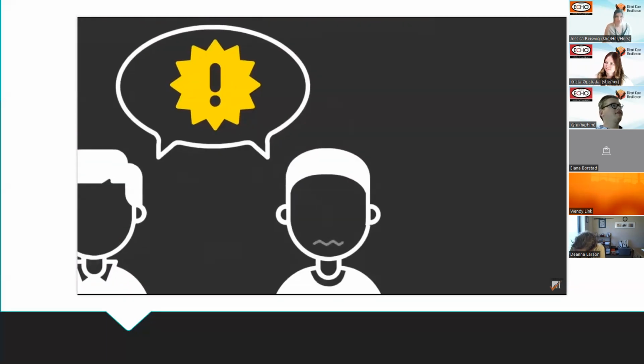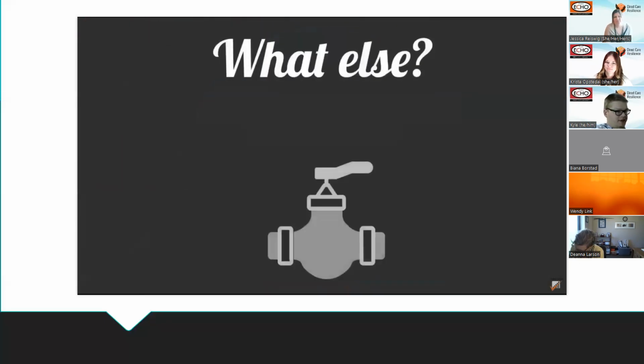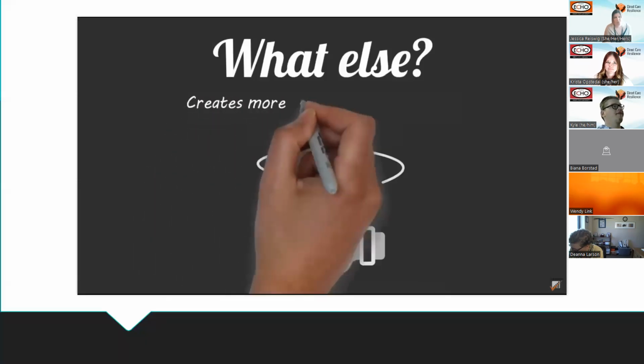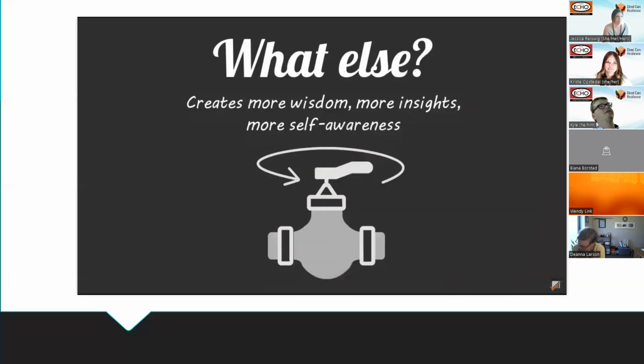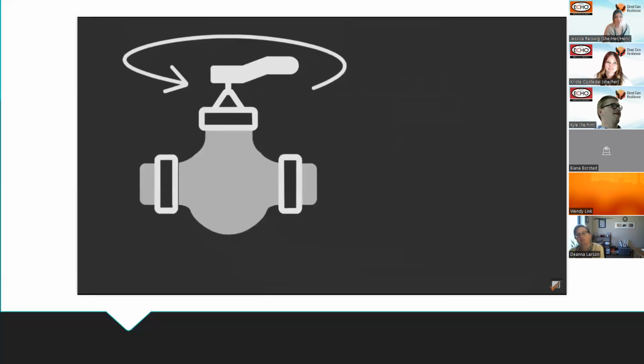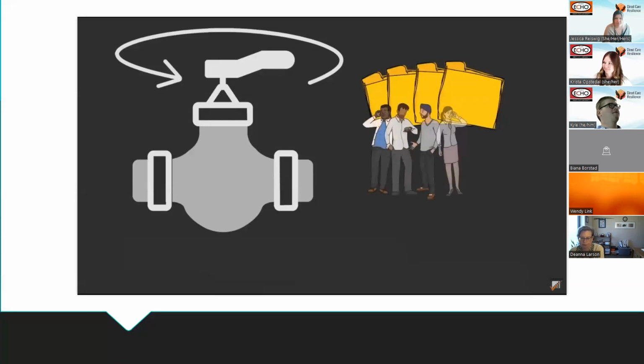But if you ask what's on your mind and you still feel like they're holding something back, follow up their answers with what else? What else acts like a pressure relief valve. It gives them permission to open up and allow important but uncomfortable issues to flow out. Stanier says, asking what else creates more wisdom, more insights, and more self-awareness than any other question. But there's one downside to asking what else. You may get flooded with a long list of challenges. They might tell you about those 4 projects they're worried about, the 5 people they're frustrated with, or the 2 angry emails they don't know how to respond to.